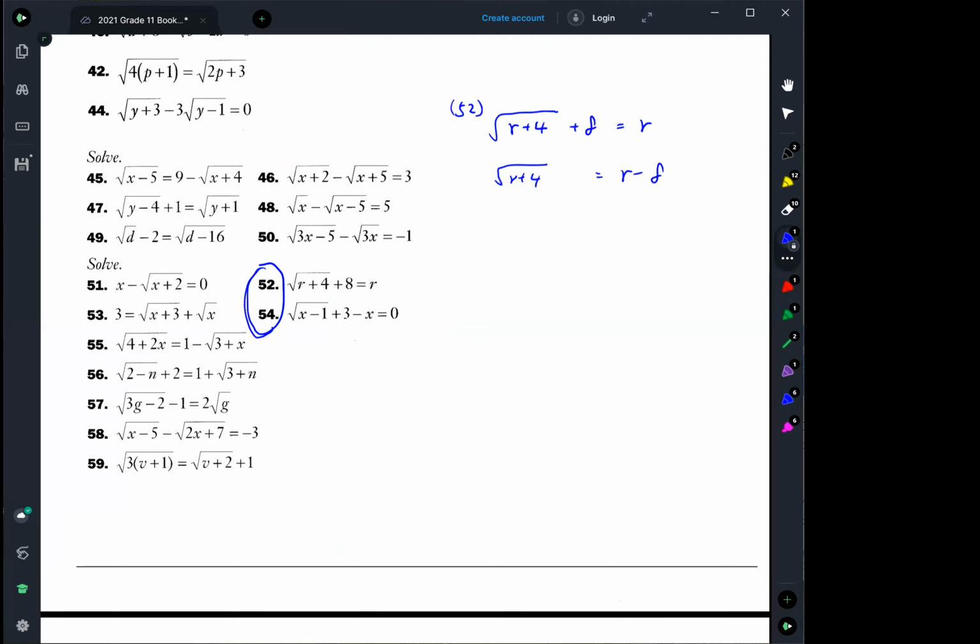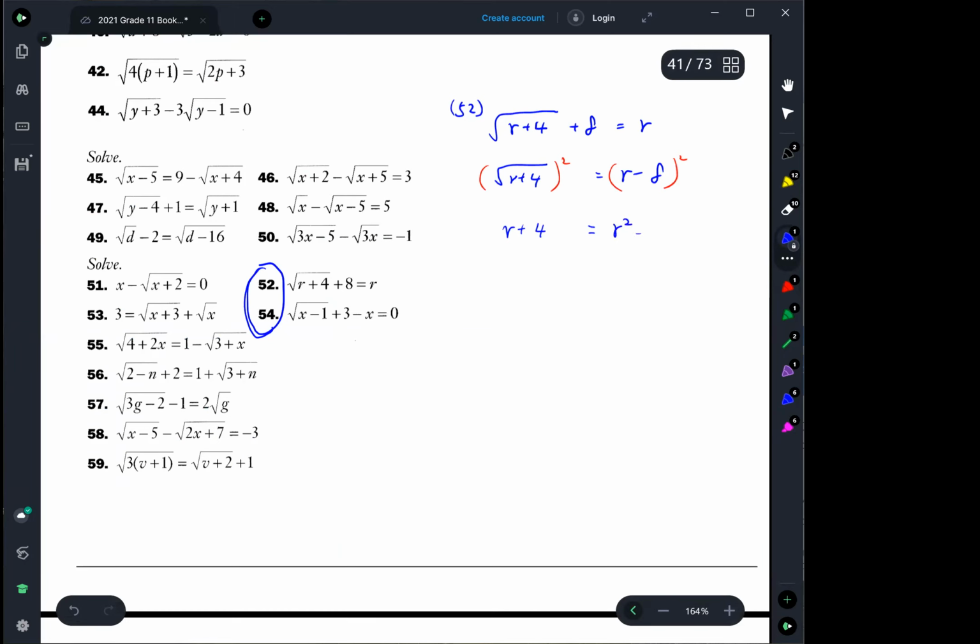Okay, and what do you do next? And then you square both sides. Right, so make sure you have a bracket, square the whole thing. Okay, so the left side, it will cancel out the square root, so you just get r plus 4. And how do you square the right side? So it'd be r squared